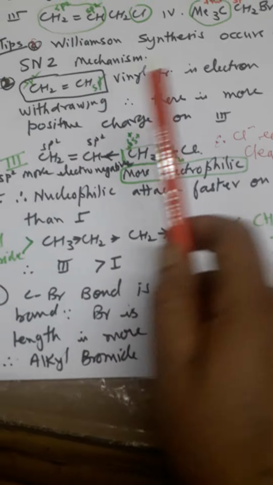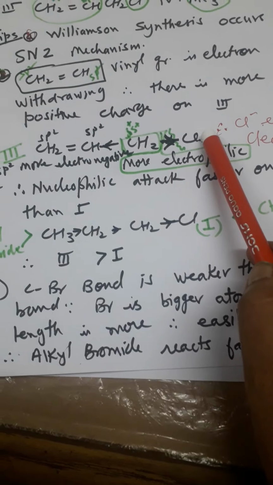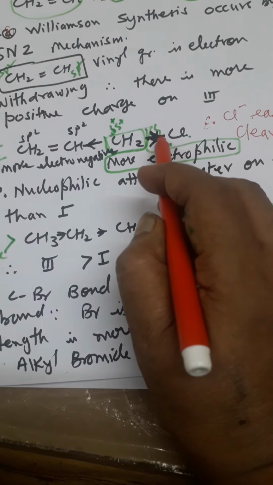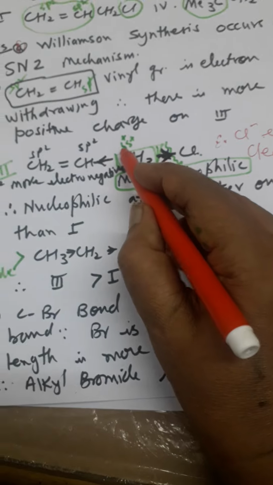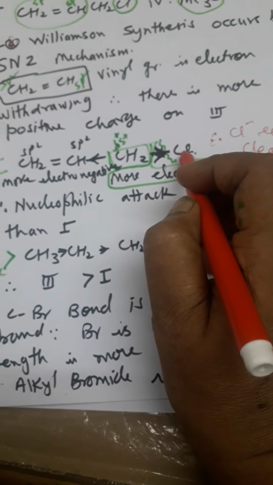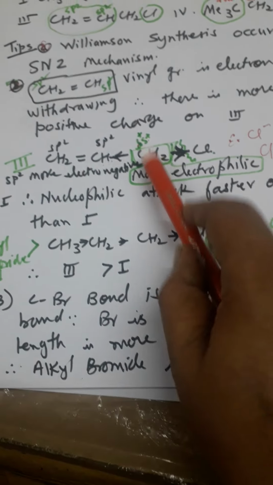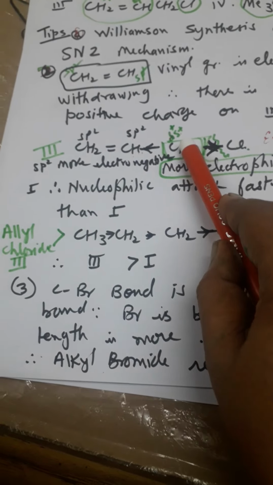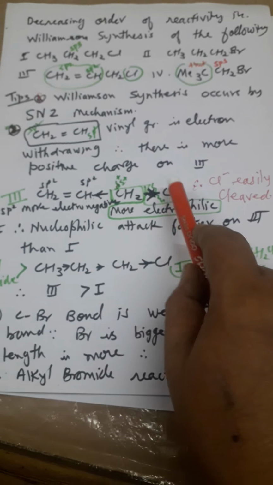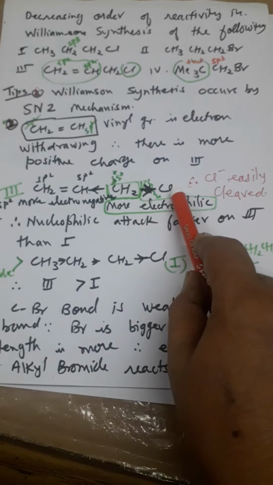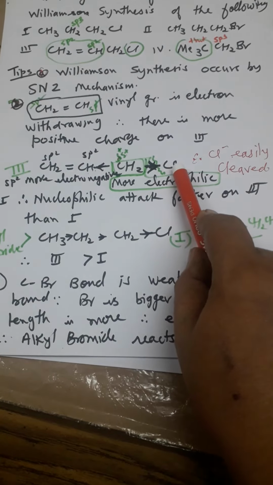So it is electron withdrawing, and it withdraws electrons from this CH2 group. And Cl is also electron withdrawing. So on both ends, electrons are withdrawn. That is why I put 2 delta positive. What does it mean? Electron withdrawal takes place from here, and here also. This makes this CH2 more electrophilic, and because of this, the nucleophile attacks it faster. And the second point is that Cl is cleaved very easily. It is a good leaving group, so it is cleaved very easily.